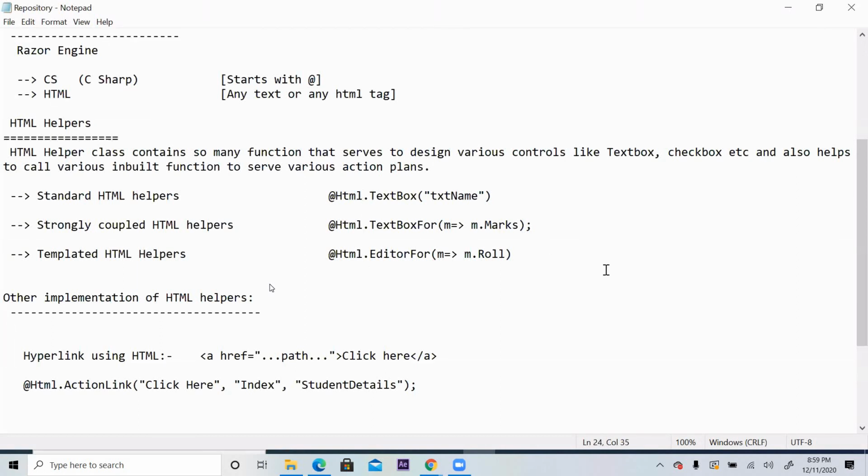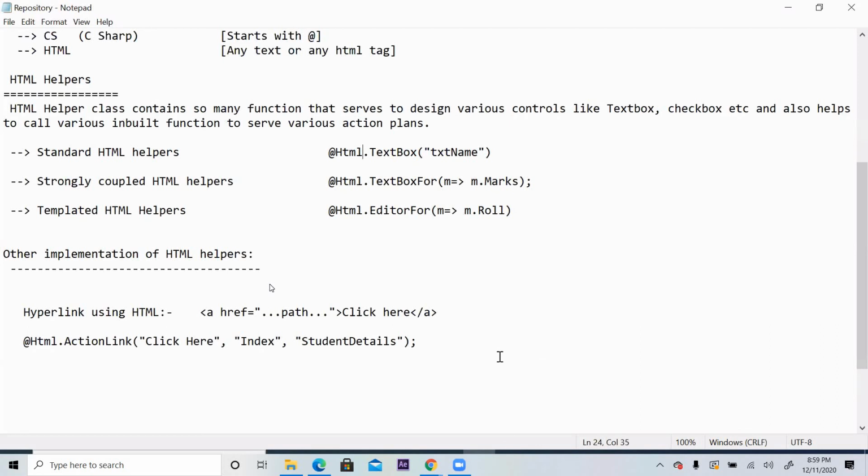Initially you may think that you have to refer to the documentation, what to do for a text box, what to do for a radio button and so on. But when you start using it, you will come to know that just after putting a dot, it is as intelligent as your controller. Because of the Razor engine, right? So C# is most welcome there. It will definitely help you the moment you put a dot. So a little idea is required, that's it. Nobody refers to documentation for these things.